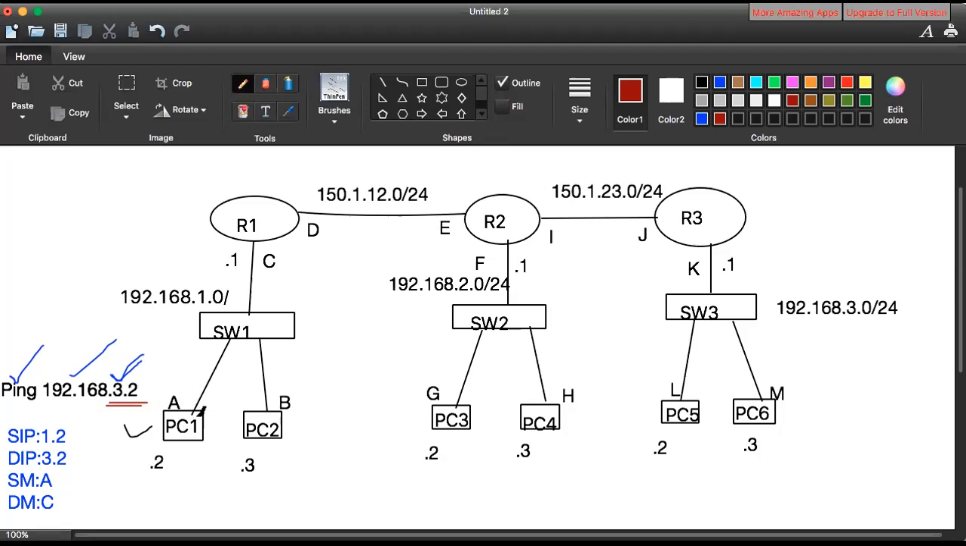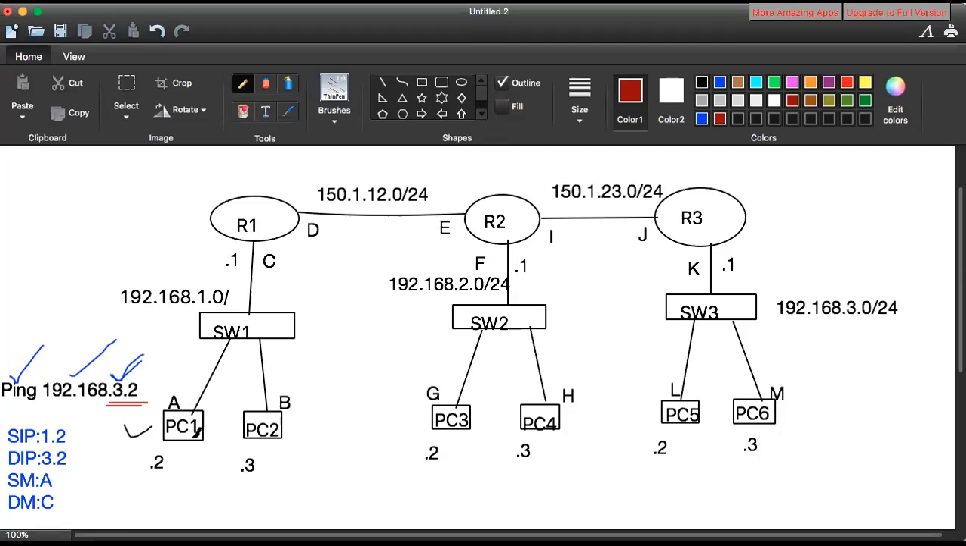So what I'm trying to say here is that an ARP request never goes out of the network. It would be within the network itself. So learning the MAC address of 3.2 is not possible. Why? Because 3.2 is somewhere in a different network. So what PC1 is going to do is learn the MAC address of its own